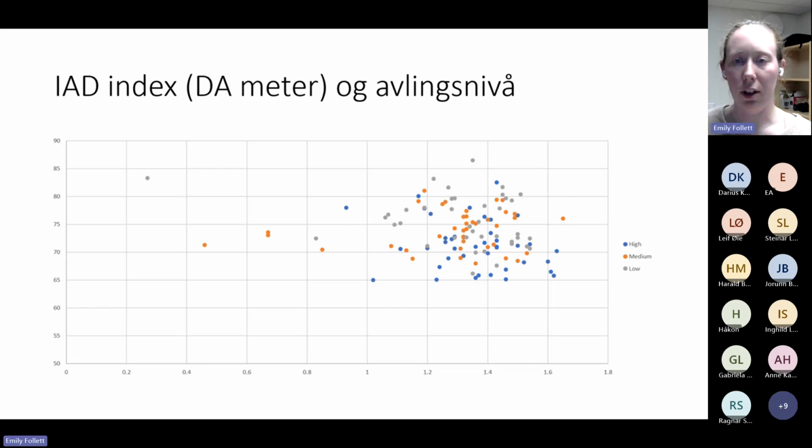And on the y-axis is fruit size or diameter. What you can see here is that the high and the medium crop load levels tend to have less variation and a tighter cluster, whereas the low crop load level has fruit